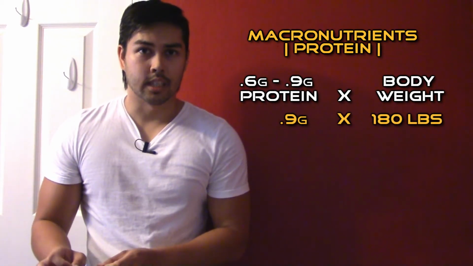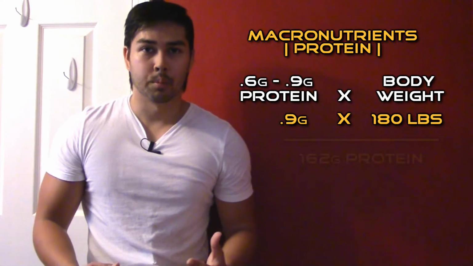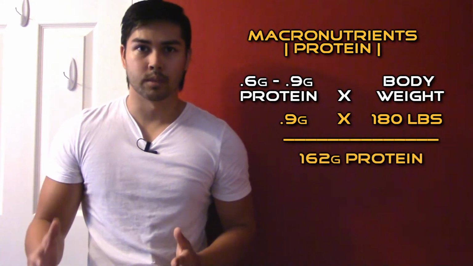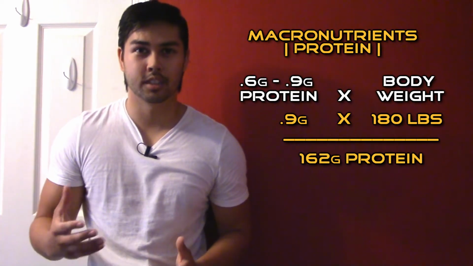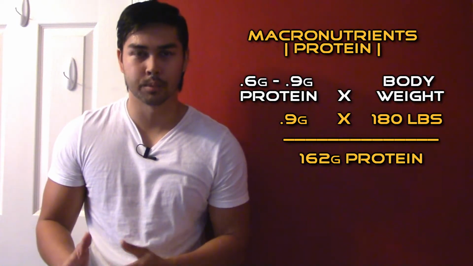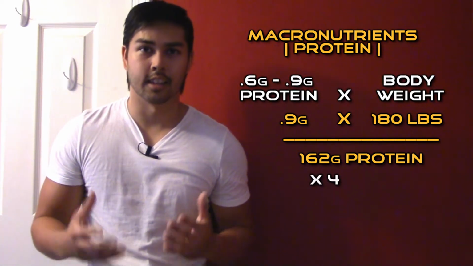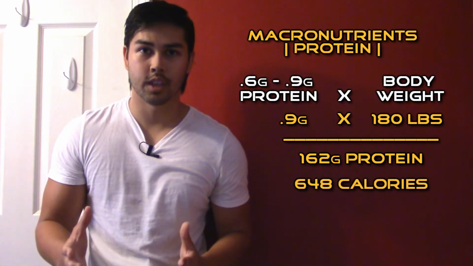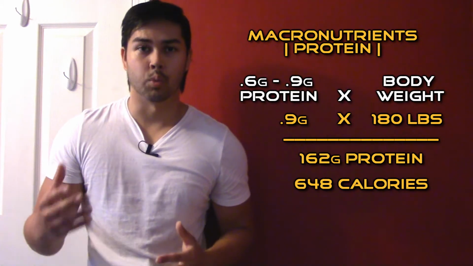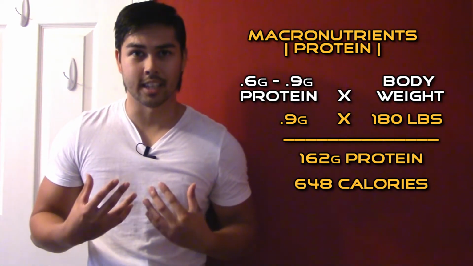So for me, I'm going to take the 0.9 grams of protein, multiply it by my body weight of 180, and I'm going to come up with 162 grams of protein per day. Now to find out how many calories that makes up, we simply multiply 162 grams by 4, because 1 gram of protein equals 4 calories, and the number we get is 648 calories. 648 calories of protein, equaling 162 grams of protein per day that I need to be taking in order to